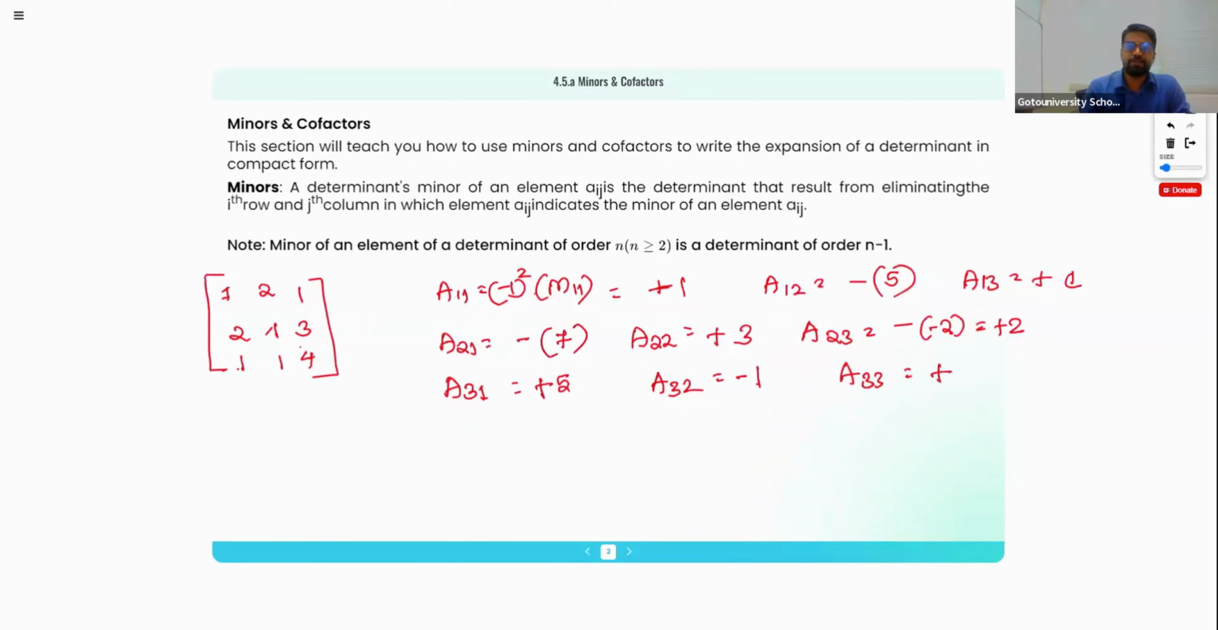And again, plus 1 1s are 1. 1 minus 4 is minus 3, right? So the answer is minus 3. And what is a cofactor matrix? If this is taken as A,